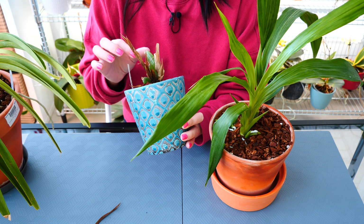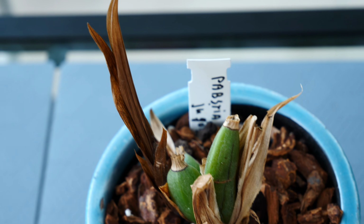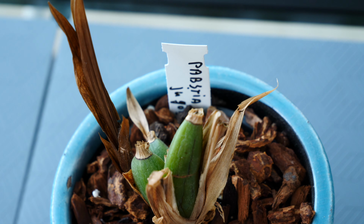I will try to revitalize this orchid. It still has roots, which is great. I need to repot it because, as you can see, all the medium is spilled. There was wind, there was water, there was a lot of things happening with this orchid. I think I can save it though. But yeah, she was together with the